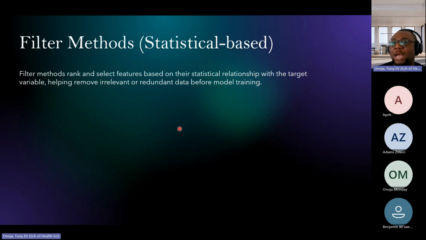And as we go further, I will talk about how important the role of domain knowledge is in selecting features. You don't leave these things just to the mathematical algorithms to do for you. You also have to know that there is a place for the experts. The experts could also guide you in identifying these features that are most relevant,